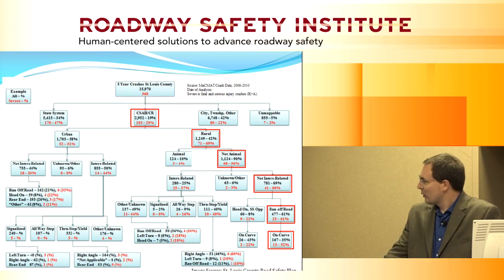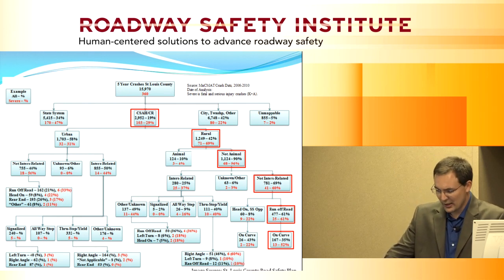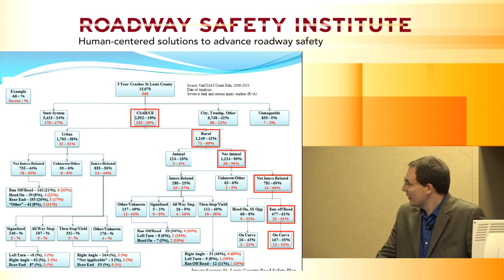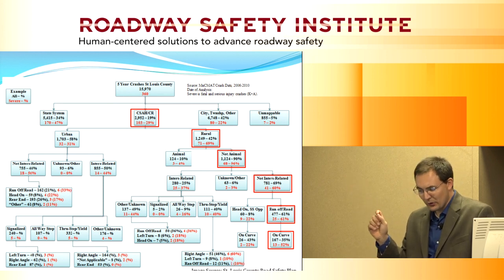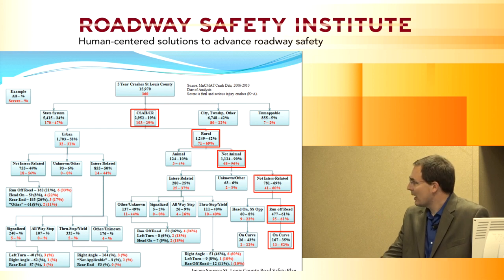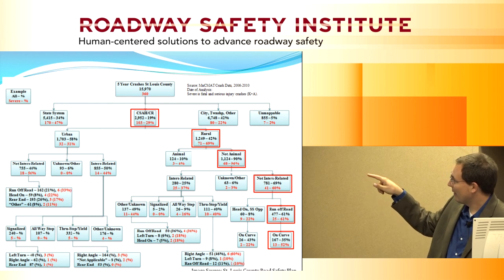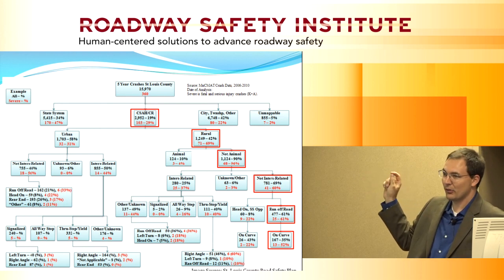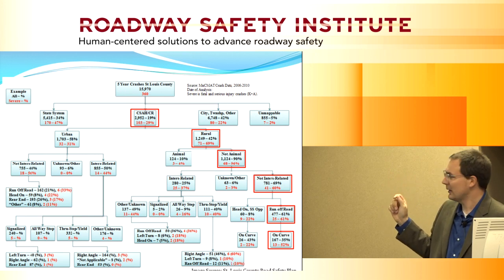So I'm going to use this chart real quick to give you kind of an example of how you can use a collision or a crash tree to dig down to locations that are at risk, the things that we need to focus on. So we look at these 5 years of crashes on the state, county, city system. And we just focus on the county system here. And we use the red numbers. Those are the serious crashes, K-type and A-type crashes. And you just simply follow the red boxes, because that's simply what I did. Follow the red boxes with the highest red number percentage. Because remember, our serious crashes are our performance target.